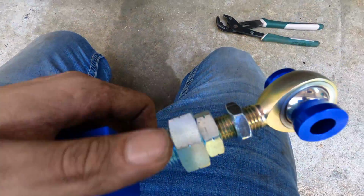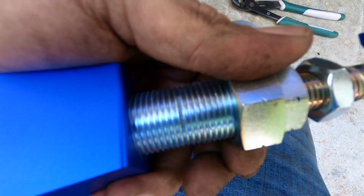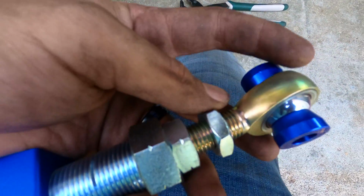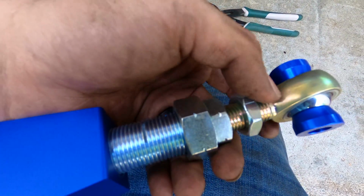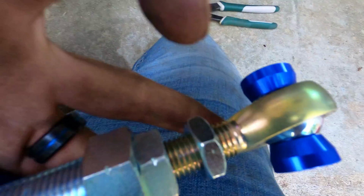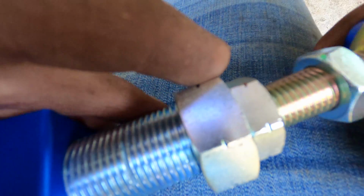So when you go to adjust these, you have two different adjustments. You can either thread this bigger silver portion or this outer one. Now, if you don't adjust this one before you put it in, and all you're doing is adjusting this one, the issue that I ran into is I needed a little bit more negative camber, so I was adjusting this one, and it's not super long, and it actually came out. So you want to adjust these equally,